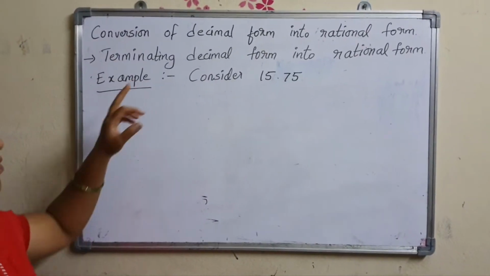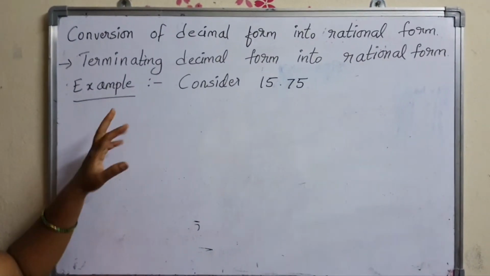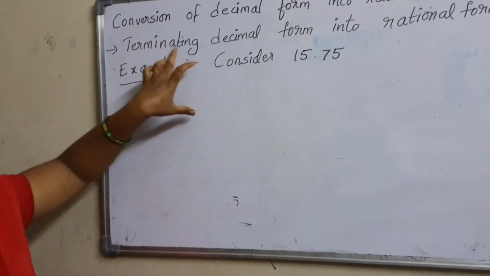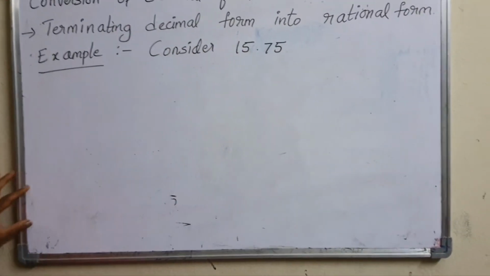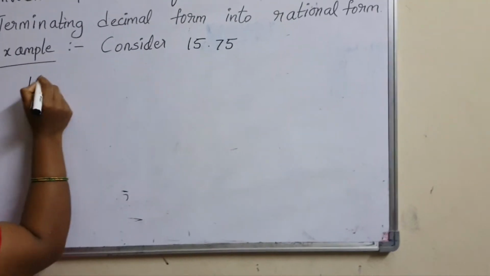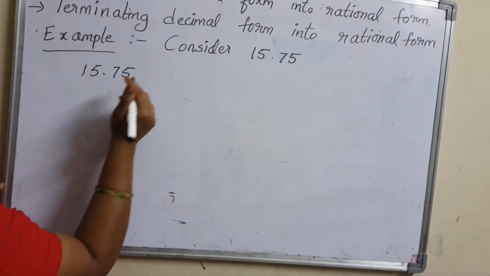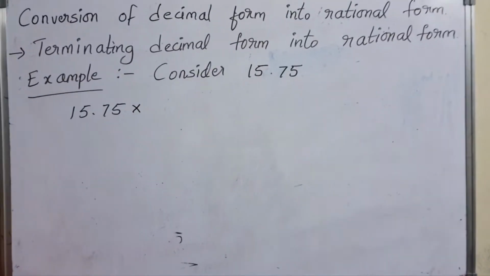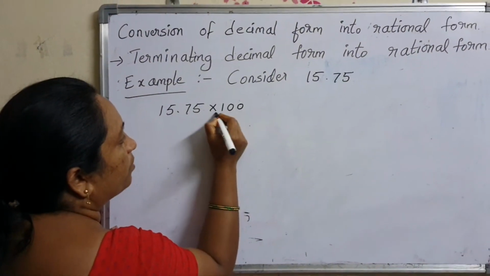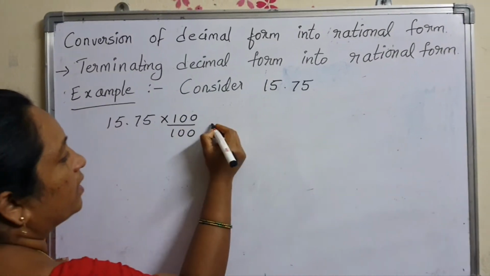Now let us learn how to convert a decimal form into rational form. Here we have two types of decimal numbers, terminating decimal form and non-terminating decimal form. Now let us consider terminating decimal form into rational form. Consider the example 15.75. How to convert this 15.75 into a rational number? Here after the decimal we have two digits. Because we have two decimal digits, we have to multiply and divide by 100. So 15.75 into 100 by 100 is equal to